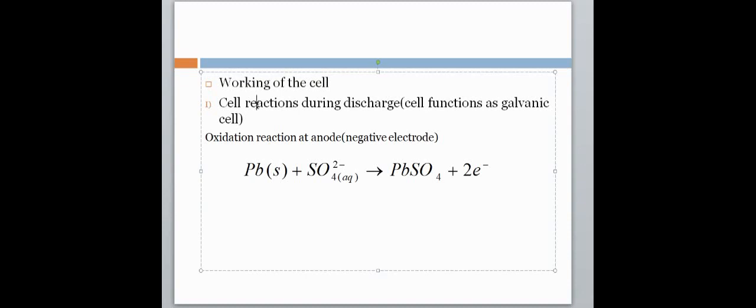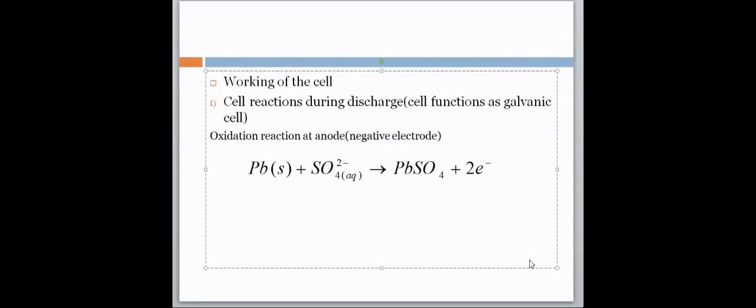So let's look at this lead accumulator during discharge. That time the cell functions as a galvanic cell, which means chemical energy is getting converted into electrical energy. Coming back to the example of the mobile phone, why doesn't it require an electrical source when you're traveling? Because there is a chemical reaction taking place, which converts chemical energy into electrical energy, and that's how your mobile remains on throughout. The 100% becomes 99, 98, 97 because the chemical energy is supplying power to it.